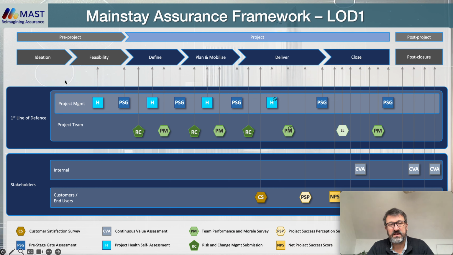So we have different sorts of health check assessments depending on the methodology that you're using and where you are in the project life cycle, and things become more and less important, and there are questions that are relevant and not relevant depending on where you are in the life cycle. You can also do pre-steering group reviews. So if you've got a set criteria, you can understand whether you're ready to go to the stage gate review.